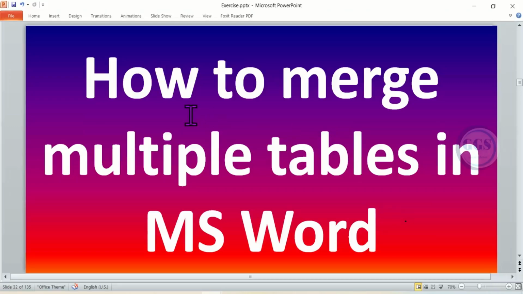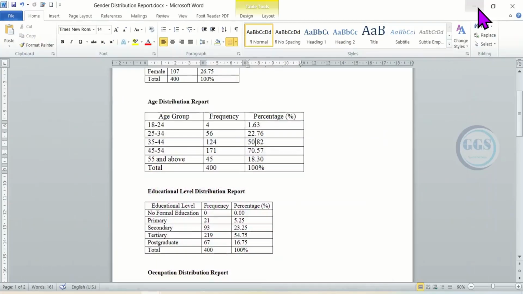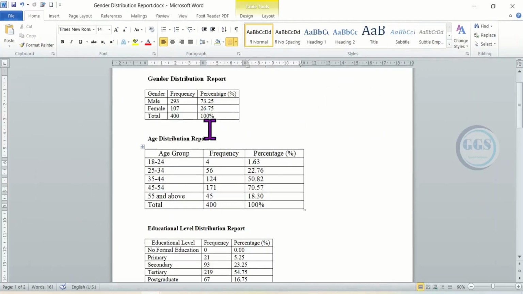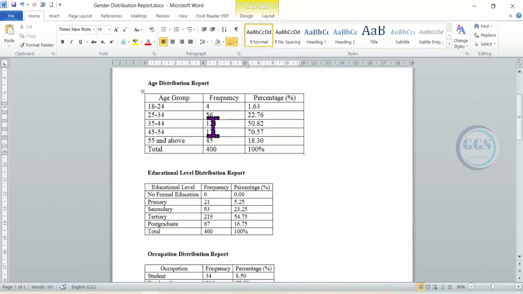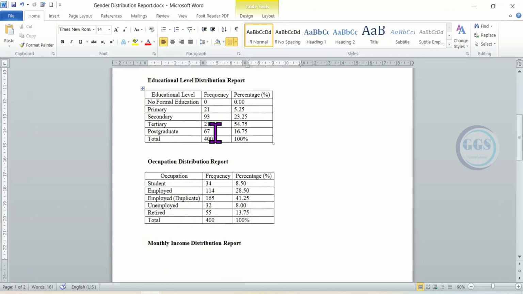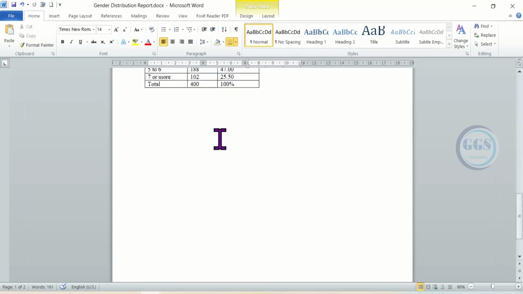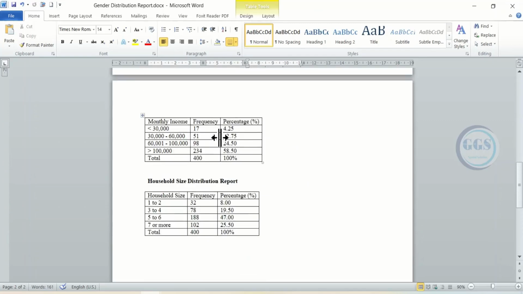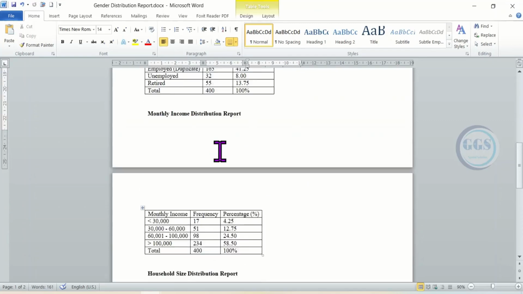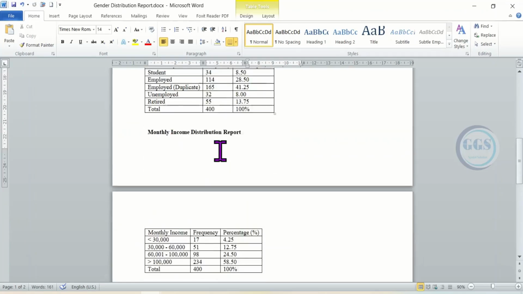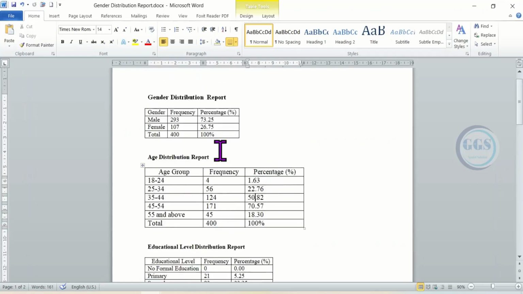In this video, I want to show you how to merge multiple tables in Microsoft Word. So for example, in this document, I have different parameters with their tables. You can see gender distribution and the table, and other different characteristics of the respondent with their tables. So in a situation where I want to merge all these tables together into a single table, how to effectively